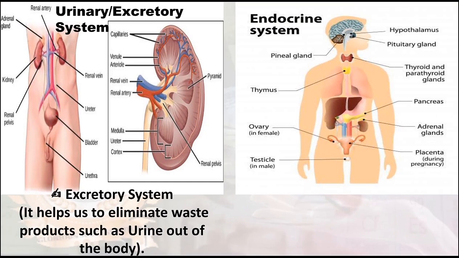Of course, there are other excretory organs such as the skin. Yes, you sweat through the skin. It's also an example of excretory organ or excretory component of the body. Then we also have the lungs, because the lungs help us to what? Exhale carbon dioxide or some other gases out of our body system. Do you understand that now? So the next thing I want us to discuss is